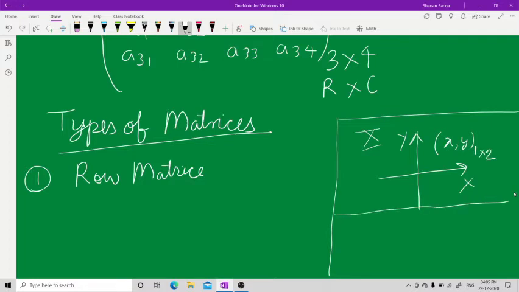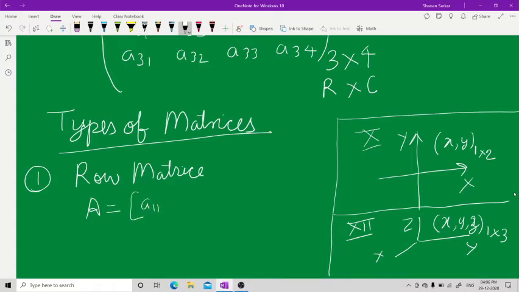In class 11th and 12th, rather, you had three coordinates x, y, and z. So in this you used to write x comma y comma z. This was one row and three columns. Similarly, a row matrix is of the form, you write the name of the matrix, then you have A11, the first coordinate, then comma A12 and so forth up to A1n. So here it was 1 cross 2, it was 1 cross 3, it is 1 cross n.